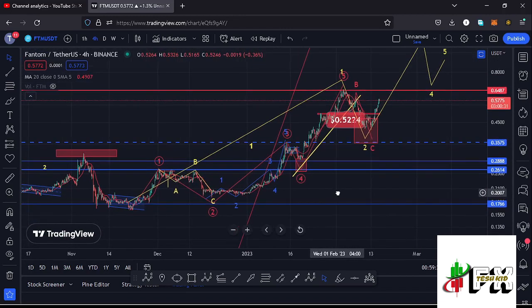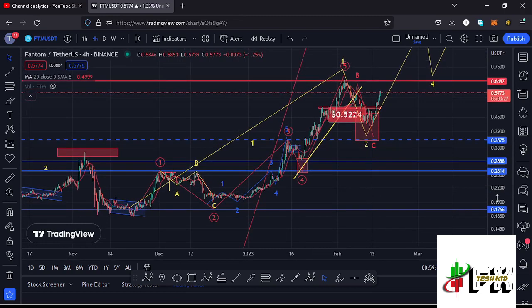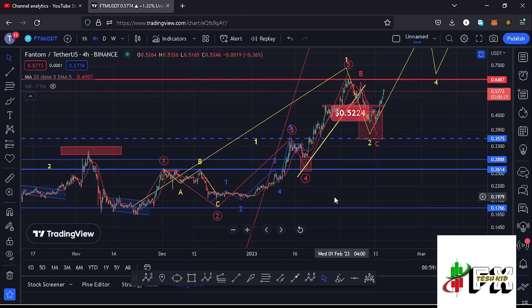And allow me to continue with the video here on the 4-hour chart by first giving you a quick recap of what has been happening, where you can see that from these low prices that we had been trading within, we started a massive bounce to the upside, obeying the Elliot structures, where you can see that I have that as the first wave to the upside. Then we saw this corrective structure giving us the low for that second wave before we started this massive bounce to the upside in the formation of that wave 3, giving us a peak at around the